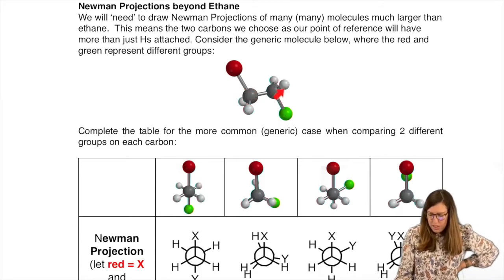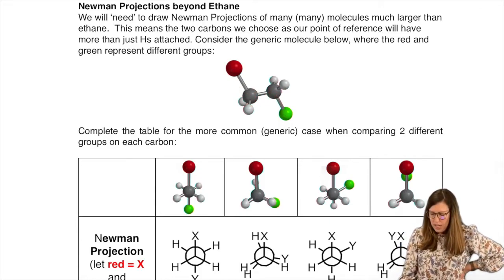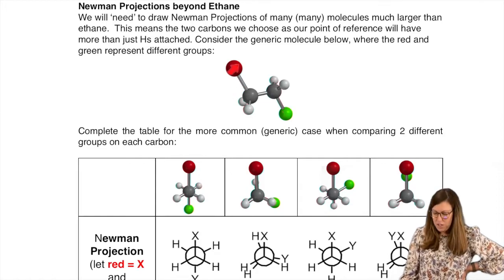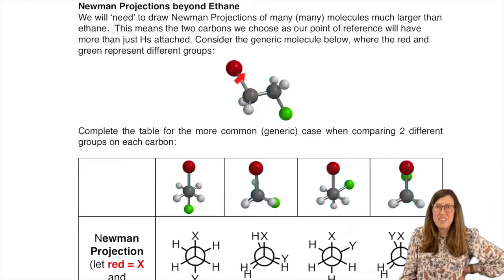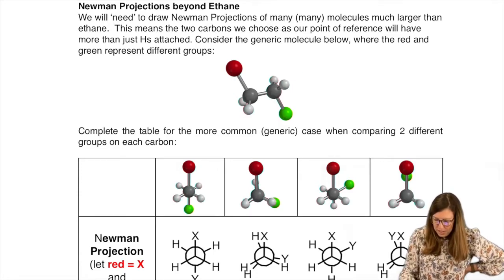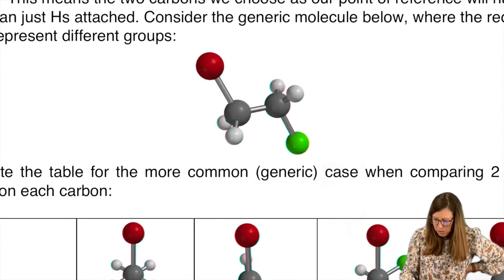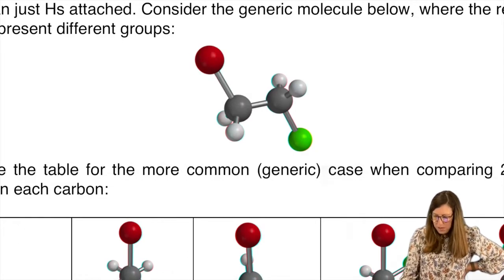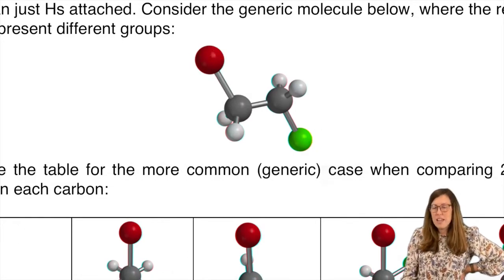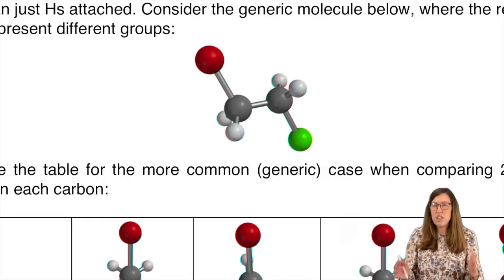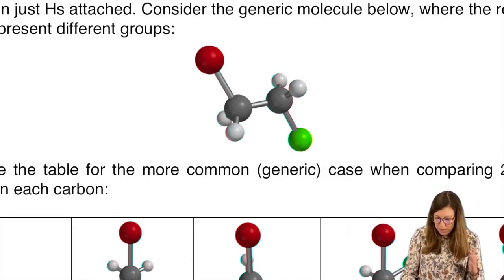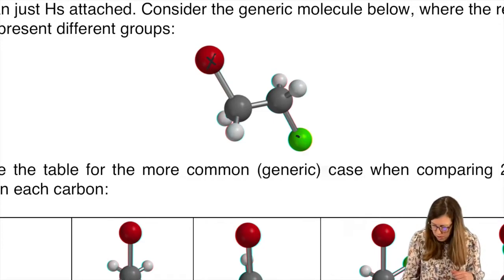It's a little different than ethane. There's 2 carbons. However, now there's 2 different groups attached. They're not H's anymore. In fact, in Spartan, this one's bromine and this one's chlorine, I think, which is why this bond is longer. But we'll just call these X and Y so that we can apply this to, what if this was a methyl and an ethyl, or a phenyl and a butyl, right? We're just going to generically treat red as one group that's different than the green group, and definitely not H. So we'll call this X and we'll call this one Y.